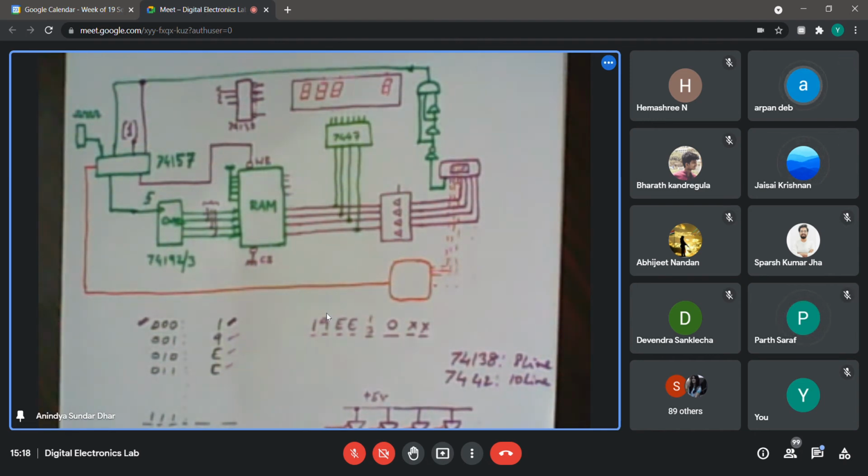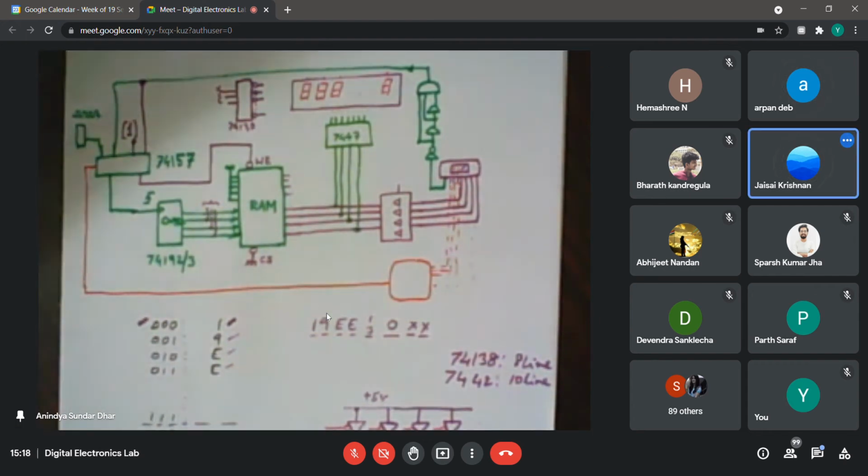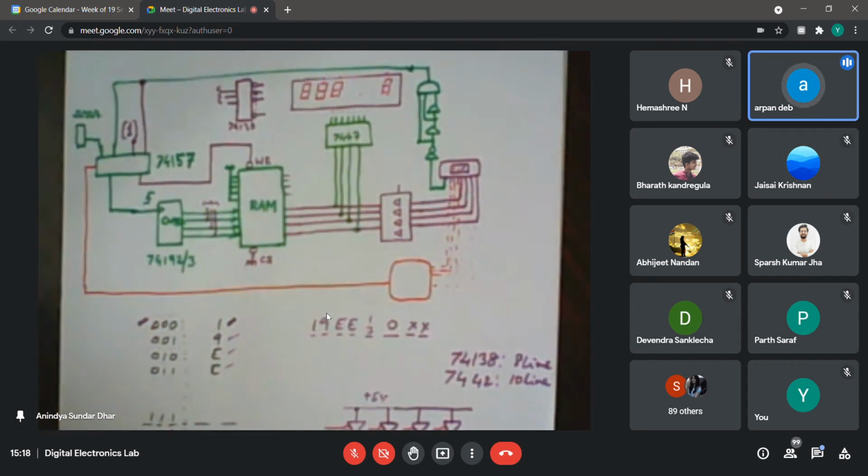Okay, sir. So today, the last week's circuit will be the same. We just have to connect one decoder and then replace the earlier display by 8 or 10 displays, right? And connect the decoder using that tri-state buffer, from the counter.